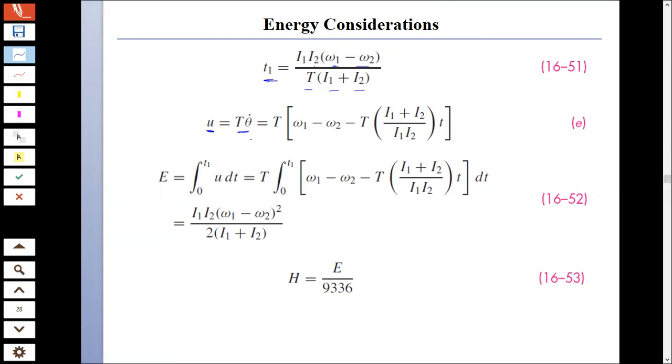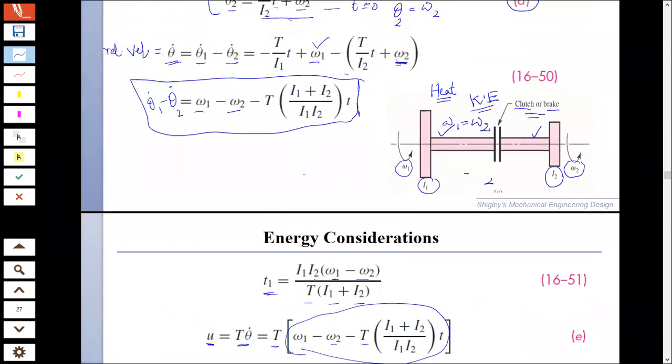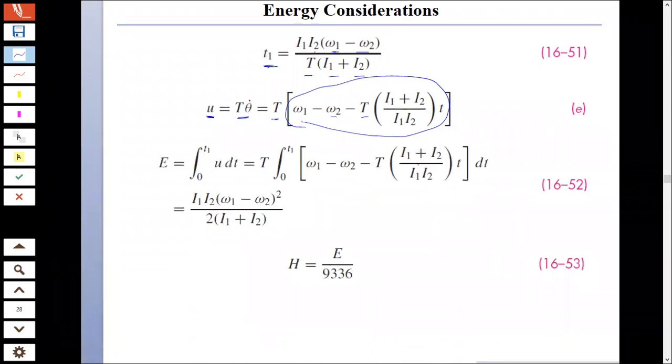Which is the difference between the two velocities. And I can go ahead and put the values of t and theta dot, which is omega 1 minus omega 2 minus t times (I1 plus I2) over I1 I2 from this equation, right? So now I can integrate this equation and find the energy during the operation of the brake or